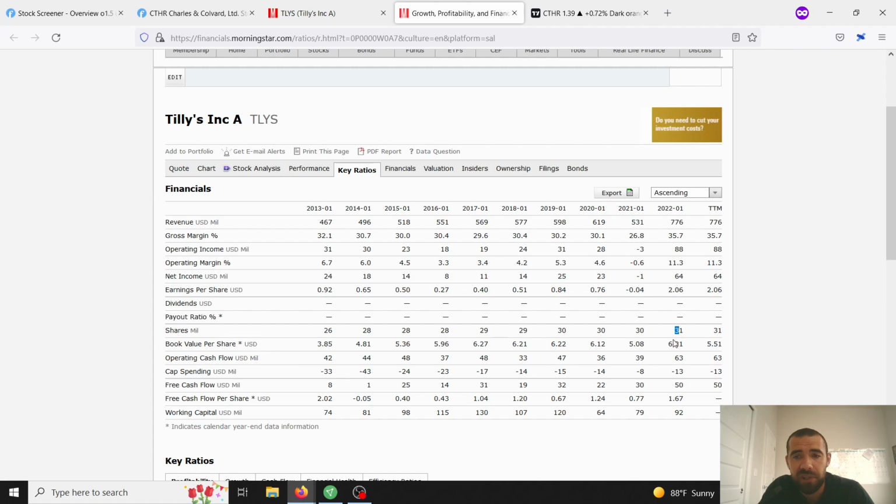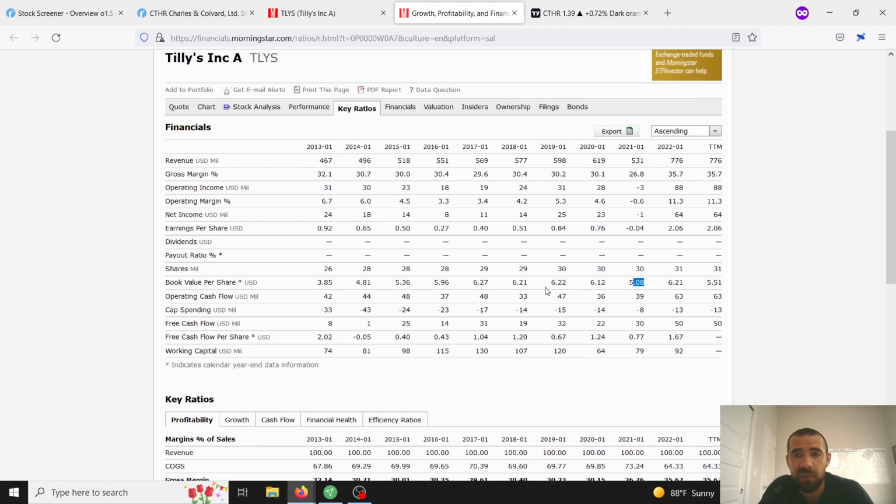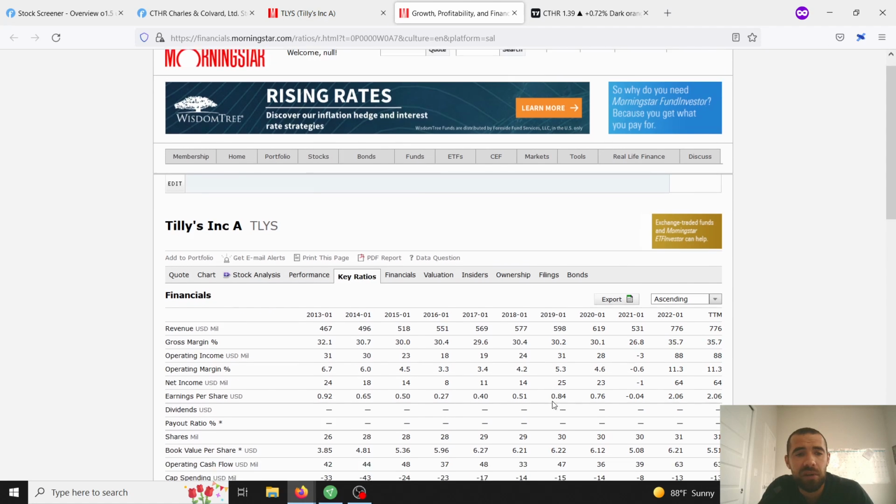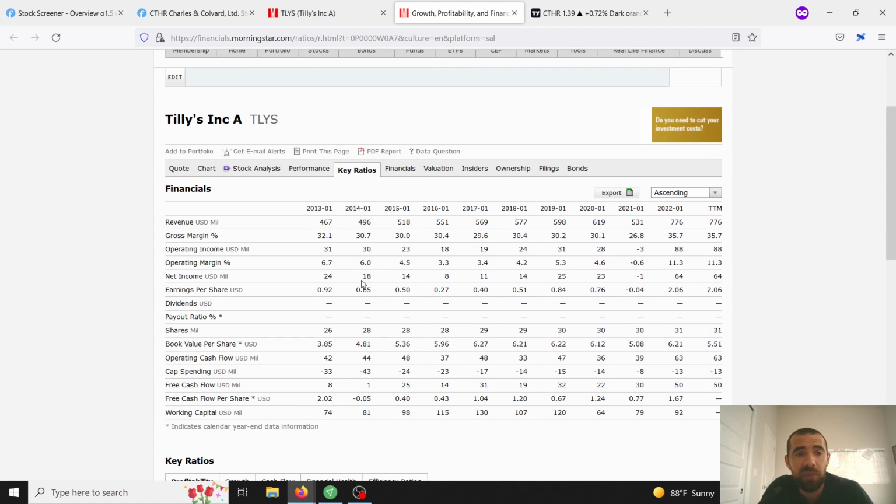Book value per share, you can see 621, so book value is a little bit less than its recent market price. And operating cash flow is pretty good right now, and it was pretty constant, but still they don't have any dividends at all, if you're investing for the long term, for example. And we don't have much price appreciation too. So it might be a good stock to invest in if there is some